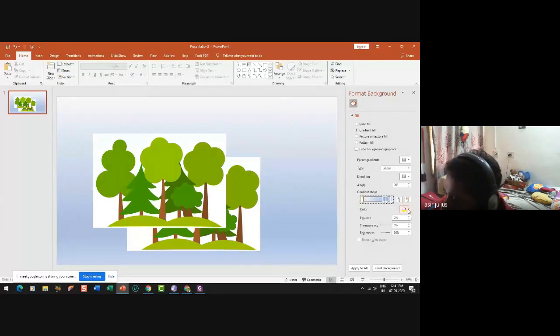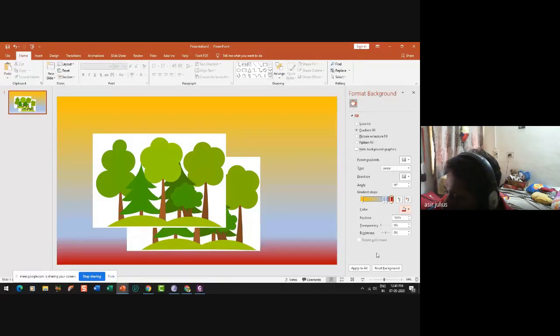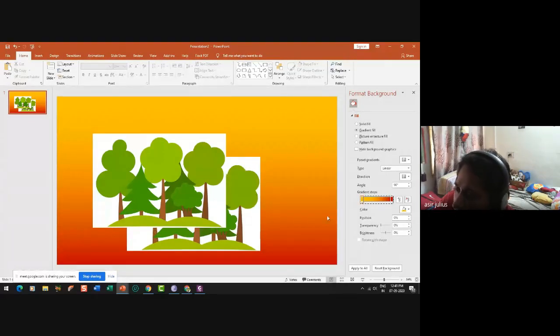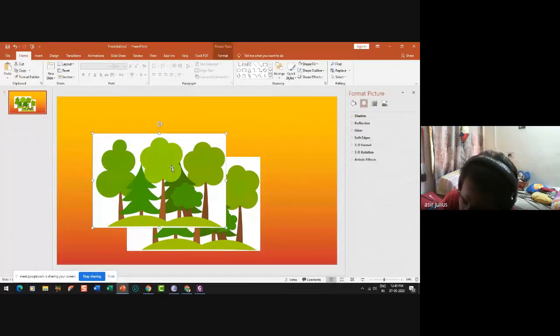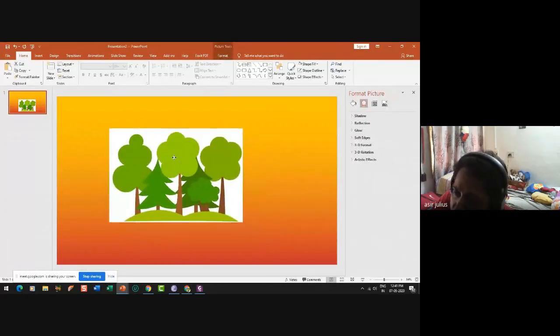So here I'm going to give orange, and here I'm going to give red, and in the middle I'm going to remove all the blues. So this looks somewhat like increasing transparency. Yes.